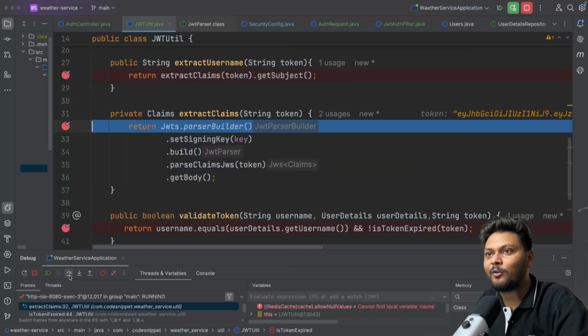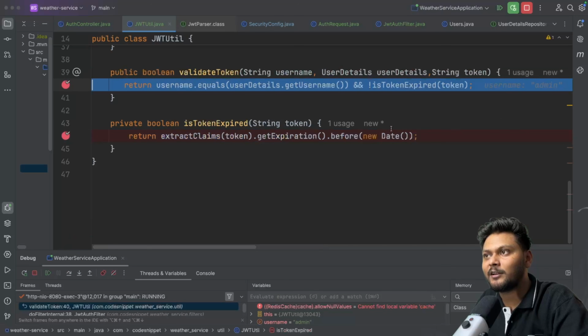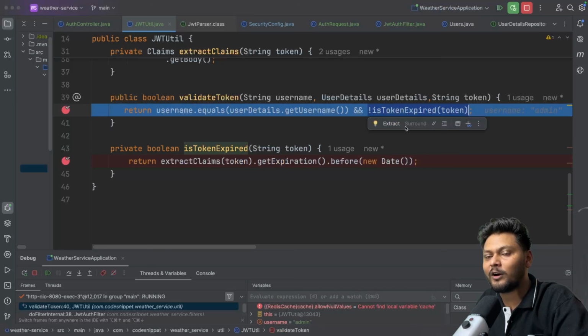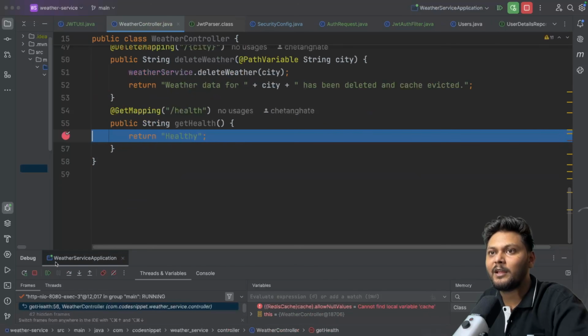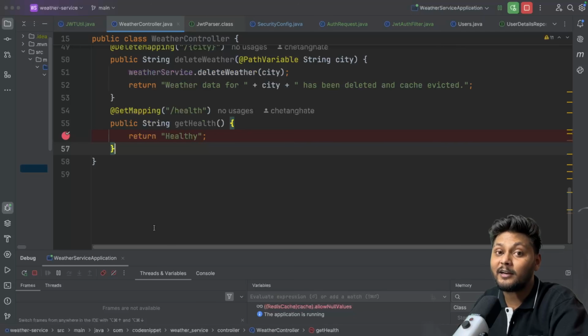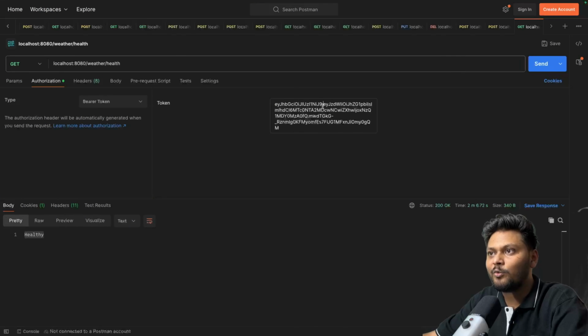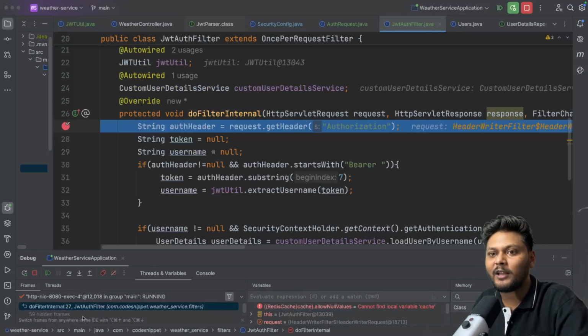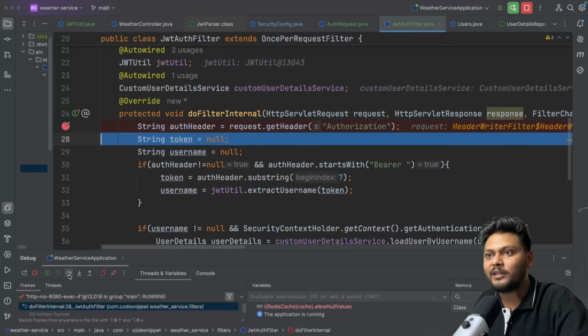Now this will not be before, and it will be true. Now this is getting the body and will return the result, and our token will not be expired, right? Now if we proceed, after that we are going to this particular controller and this controller will return us the result. Now if I change any character inside this token and send it, let's see what happens. So if I proceed now,